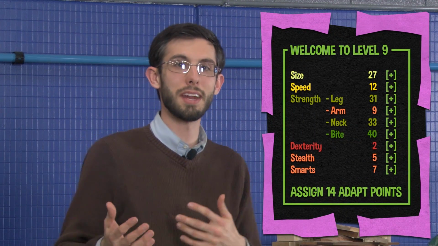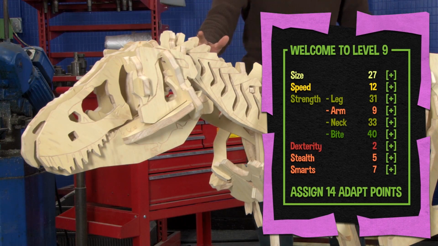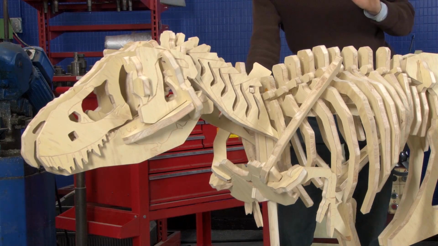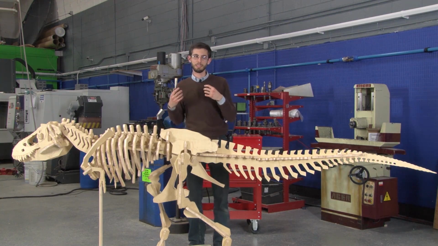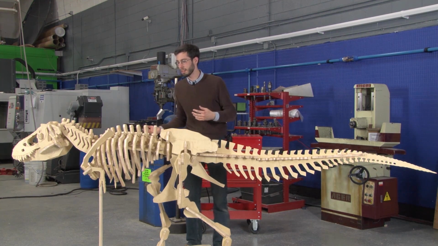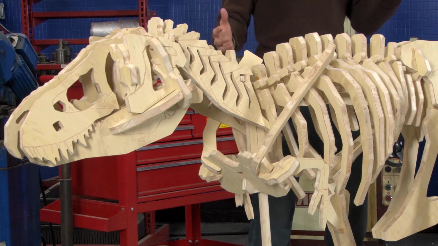So adaptation is sometimes a bit like skill points in a video game. You can't be good at everything at once. We need to ask, what didn't this guy need to do, just as much as we ask, what could he do really well? I mention this now because with regards to his arms, it's usually kind of a joke with T-Rex. There's a lot of stuff, especially on the internet, that it would be hilariously inept at things that humans use our arms for. So we have to ask, what did he need